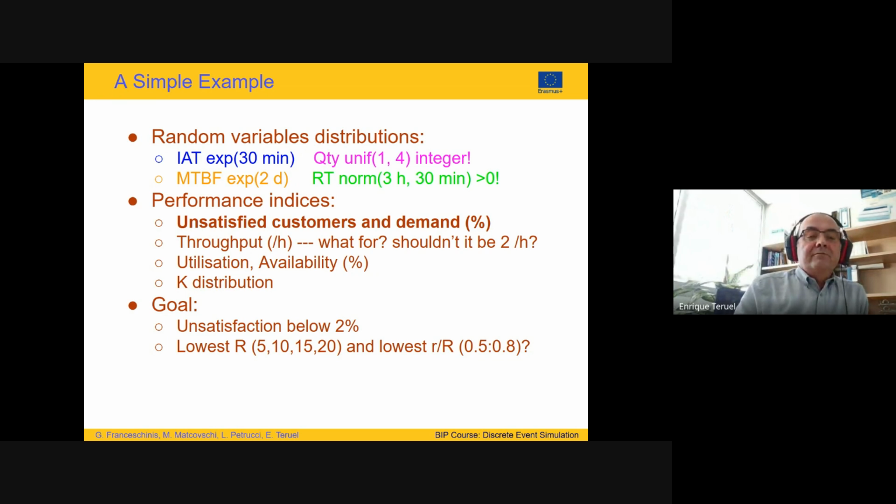Okay. And the performance indices that we are interested in are mainly the number of unsatisfied customers and unsatisfied demand, that we want them to be low. We want them to be below 2%. Also, we want to know the throughput, but maybe you can guess that the throughput is going to be 2 customers per hour because this is the arrival rate. So if the system is well designed, as many customers as arrive, they will exit. Okay, so this is just for verification. If we don't have 2 customers per hour, something is wrong, or maybe